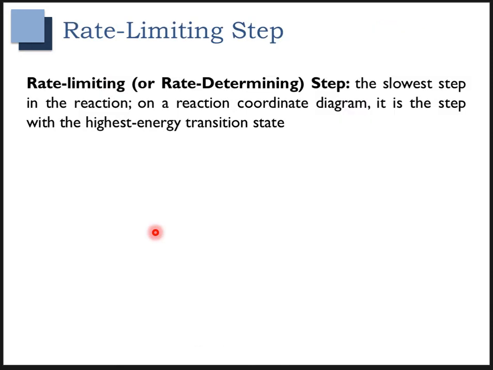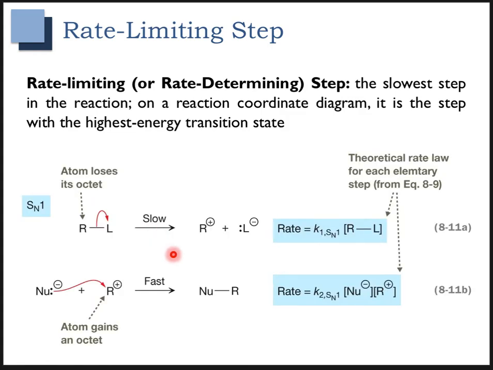As I mentioned, the rate limiting step, also called the rate determining step, is just the slowest step in the reaction. And if we're looking at the reaction coordinate diagram, it's going to be the highest point, the highest energy transition state. So in an SN1 reaction, the slow step is going to be this first step, the heterolytic cleavage, where the leaving group falls off. And you can see that the rate is dependent on this value K as well as the substrate. So this is where that 1 in the SN1 comes from, because it is unimolecular, because the rate depends only